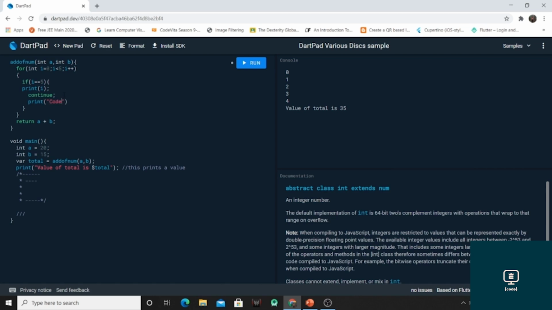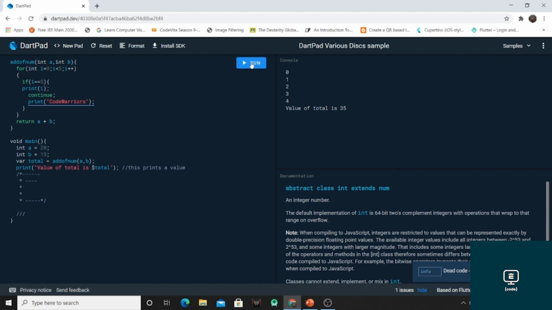Like if I print something over here, this will not be implemented because I am transferring the control to this for loop after this print statement. You can also see that information is available at the right corner, that this print statement is dead code, that it will not be implemented.